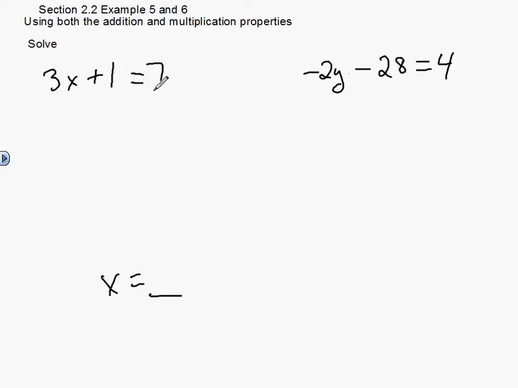So what we're going to do is start off by subtracting 1 from both sides, moving the constant first. So when we perform the addition here, we're going to be left with a final value of 3x equals 6. So we're there. Now this looks like things that we've done just a moment ago. So we're going to divide both sides by 3 at that point. So we'll come over here and divide by 3,